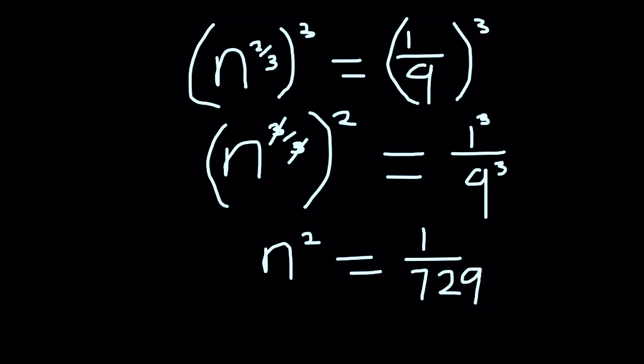So the cube of 9, that is 9 raised to the power of 3, gives us 729. So from here, n, taking the square root of this expression, 729, taking the square root of this expression, we then have